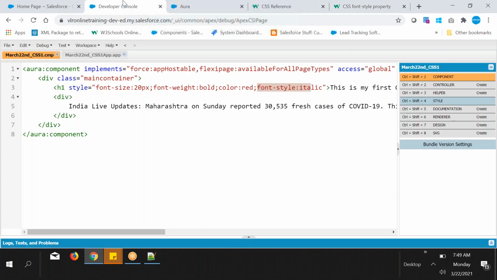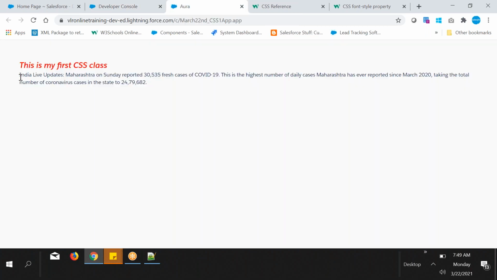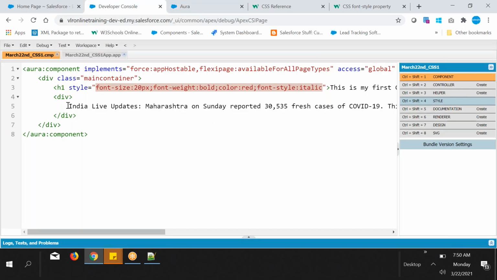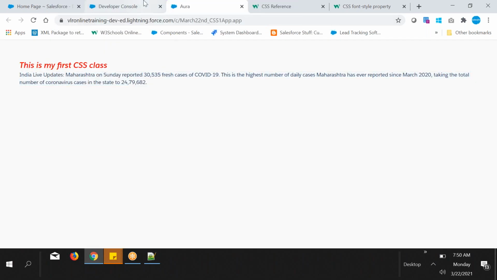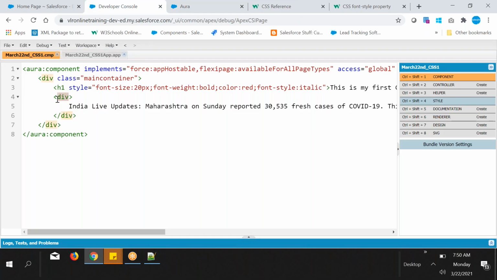Okay, so that's how you need to add property names, and not only here. Okay, now let's go here. Suppose I want to display the below text, the whole text, in black color. So now that text is existing in which tag? You need to go like that, guys. Where is this text stored? This text is stored in the div tag, so you need to apply styles to the div tag.